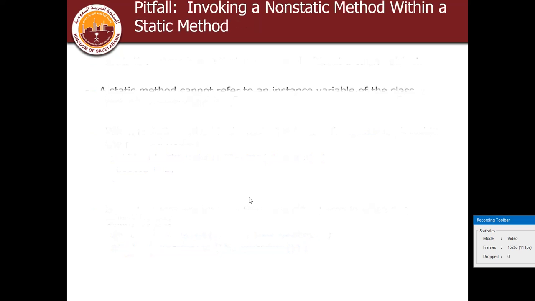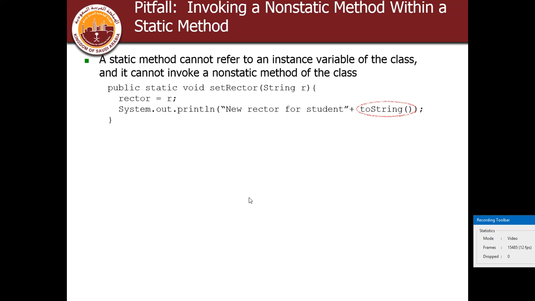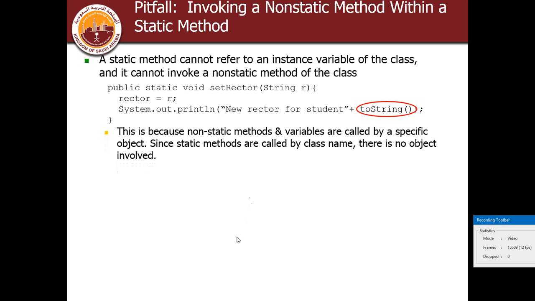Alright, invoking a non-static method within a static method. So for example, if I have a static method and a non-static method, can I do this? A static method cannot refer to an instance variable of the class, and it cannot invoke a non-static method of the class. So for example, I have the toString method over here.